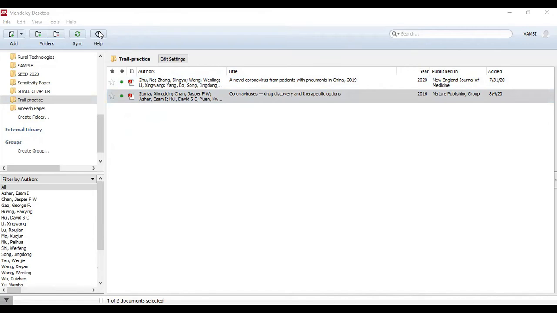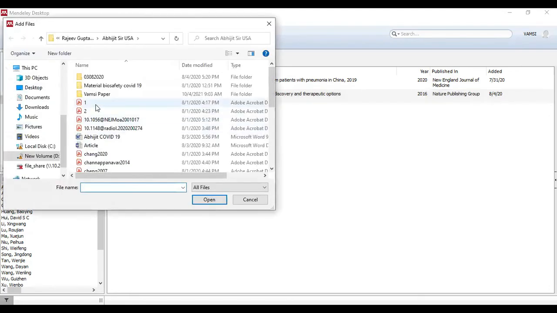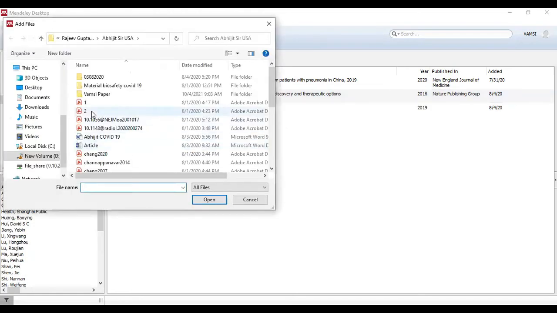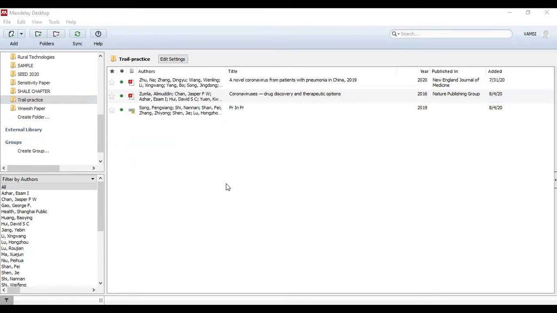Suppose you want to cite any paper in between 1 and 2. Just understand here. First I need to upload that paper which needs to be cited, so let it be this one.